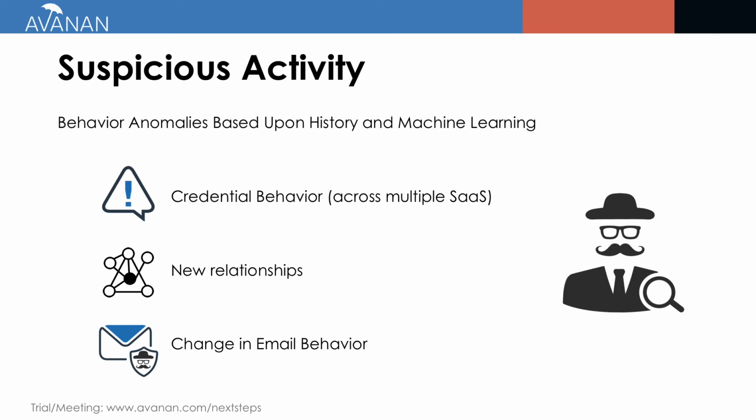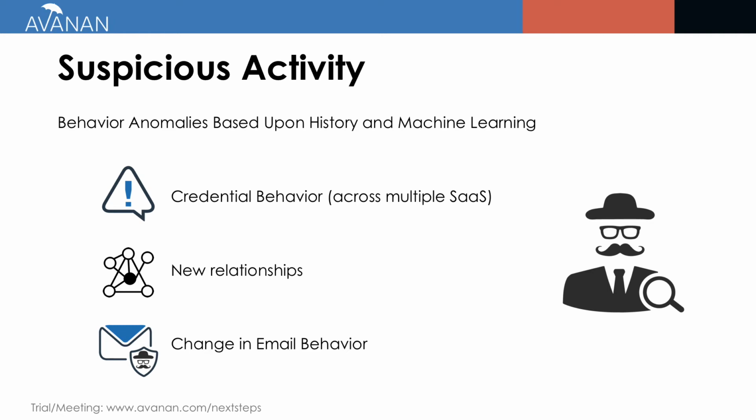Next is the suspicious activity monitoring. Sometimes users will perform stuff that is legitimate, but it does raise a few eyebrows. So, for example, we look at credential behavior. So if someone is logging into multiple SaaS at once, or if someone is changing the passwords of multiple SaaS at once, if he's trying to gain access to your entire cloud. And we don't even have to monitor all of these different SaaS simply because we're monitoring the user's email. So we can see whenever there is a password change request.